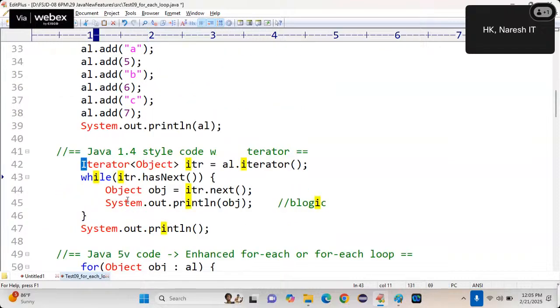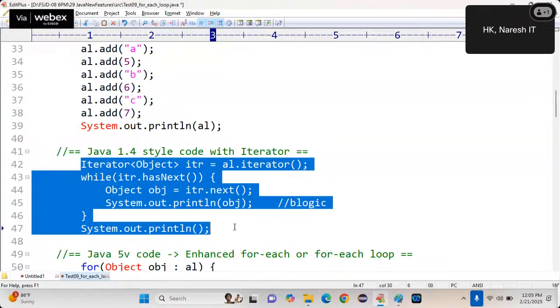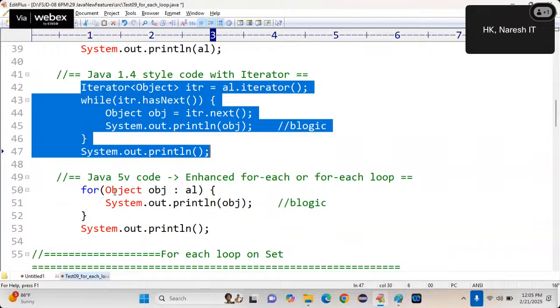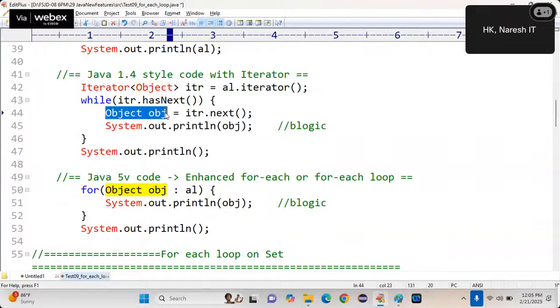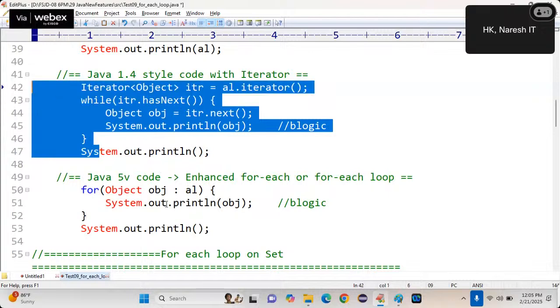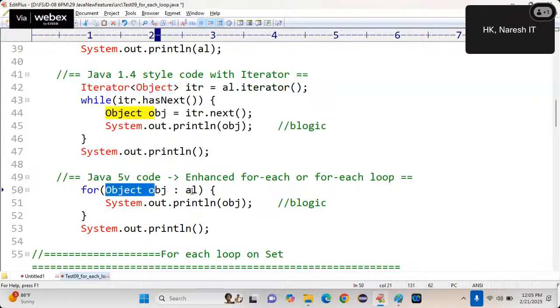In Java 1.4 version, this much iterator code I should write. Then as a solution, we got simple code. What is that? Object obj colon. You want to retrieve objects from which collection? AL you have to write. This much code and extra confusion points are all avoided. Just for each loop, we'll write like this.